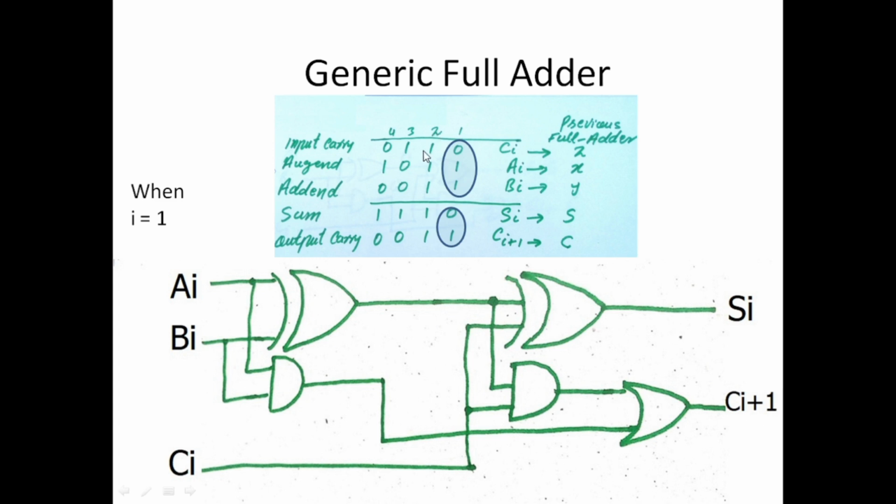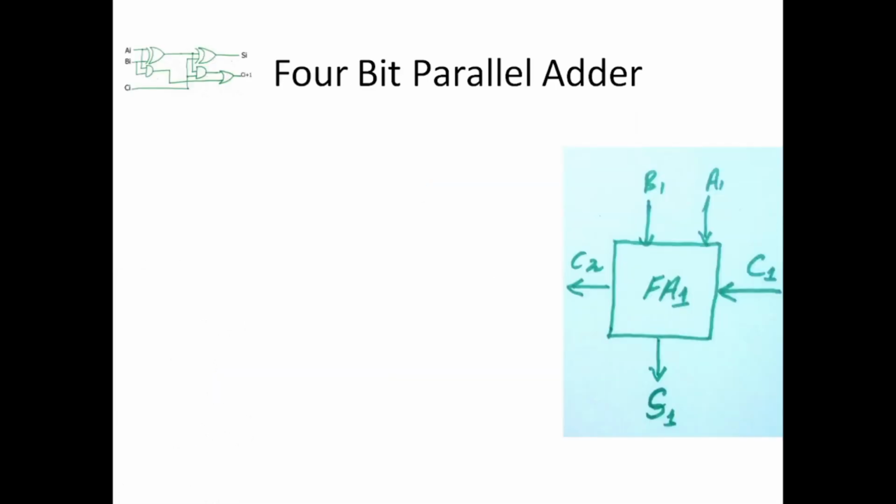And similarly, when i is equal to 2, a2 would be 1 in this particular example, b2 would be 1, c2 would be 1, s2 would be 1, and c3 would also be 1, and so on for the other bit positions as well. Okay, so for each bit position, for the first bit position, c1,